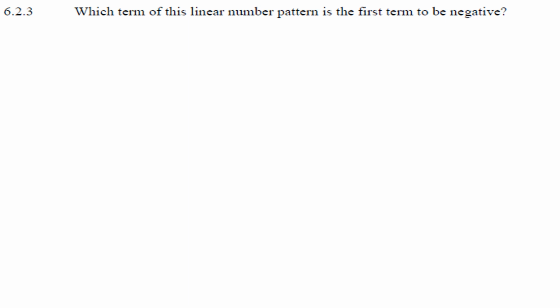Determine which term of the linear pattern is the first term to be negative. So we have already calculated our general solution. Let me just write it here: Tn is equal to negative 8n plus 164. So the question is asking now, which term of this linear pattern will have the first value to be